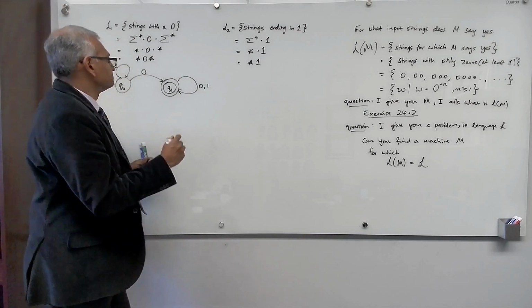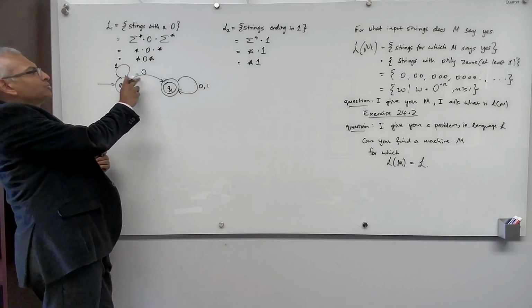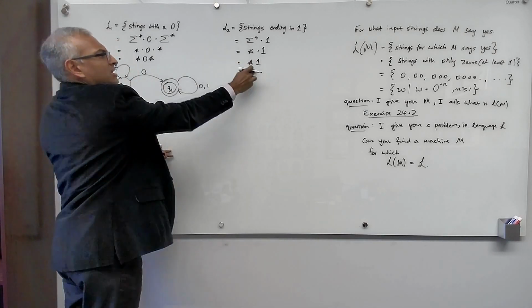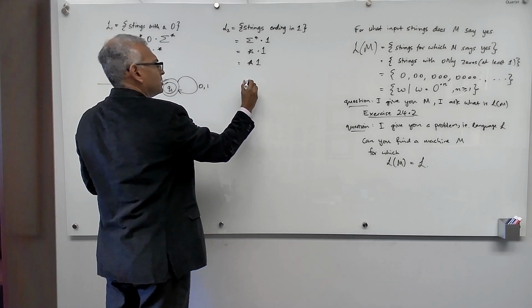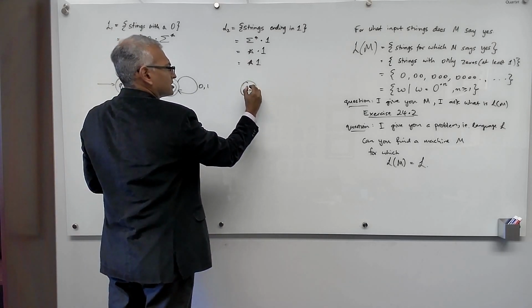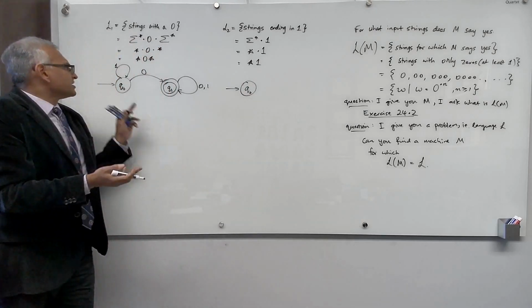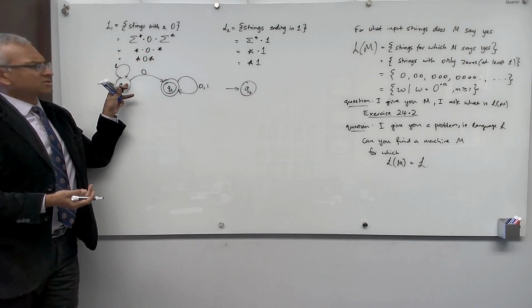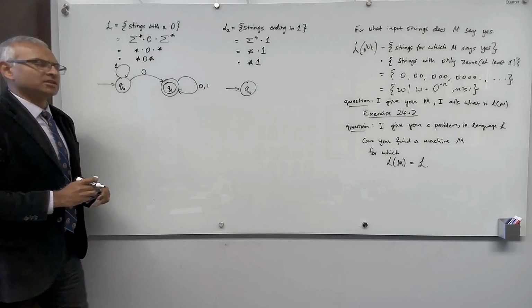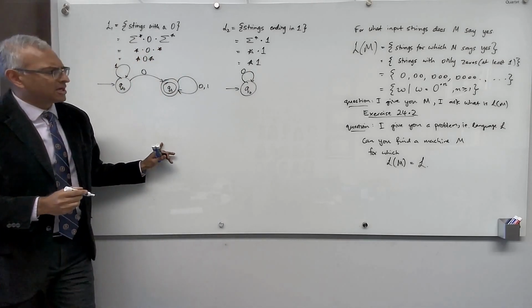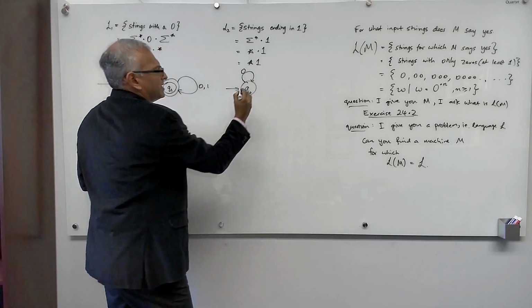Okay, let's talk about strings that end in a 1. That's a bit harder. The previous one was easy because the moment you see a 0, you're ready to accept. Strings that end in a 1. Let's perform the usual logic. We start in my start state Q0. As long as I see 0s, I'm not going to leave the start state. It's kind of like before where I saw 1s. If I see 0s, I stay here. I'm not going to budge. The moment you give me a 1,